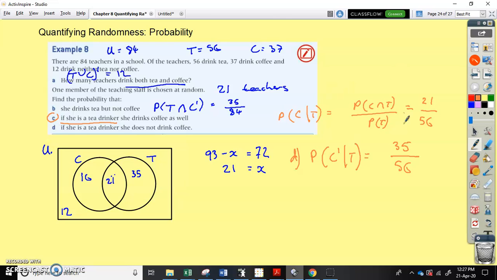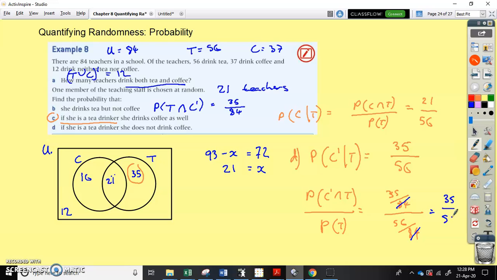The other way you might look at it, using this, it would be the probability that they're not a coffee drinker and a tea drinker, out of the probability that they drink tea. Well, if we worked out the probability of each, what's that going to be? The probability of not a coffee and tea drinkers, that's this section here, is going to be 35 out of 84, over the probability of drinking tea, so that's the total again, 56. And when you work that out, these are going to cancel out, and you're going to be left with 35